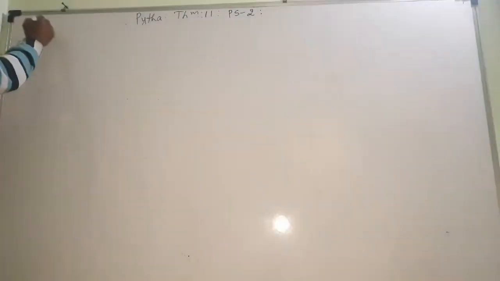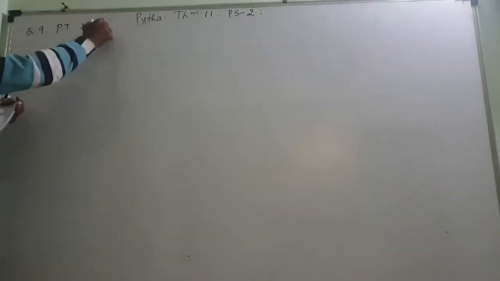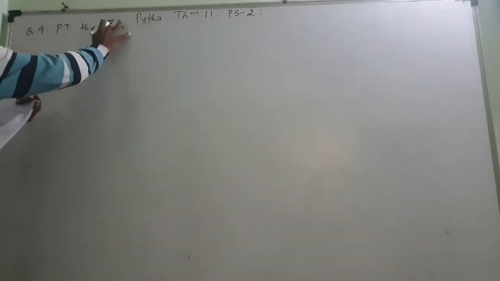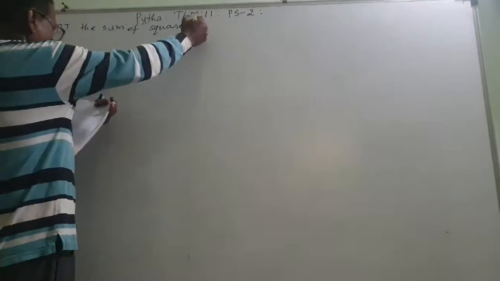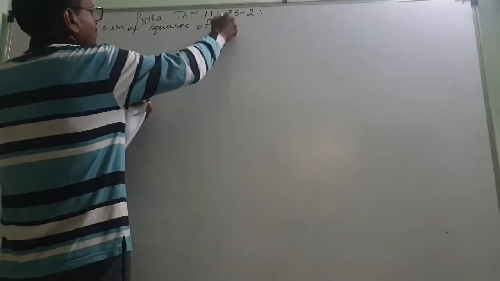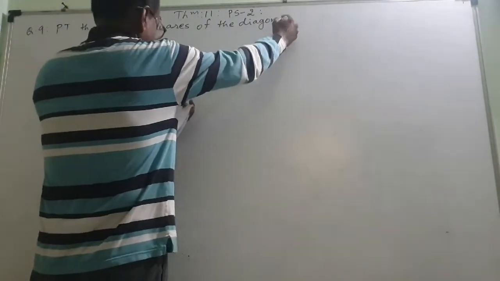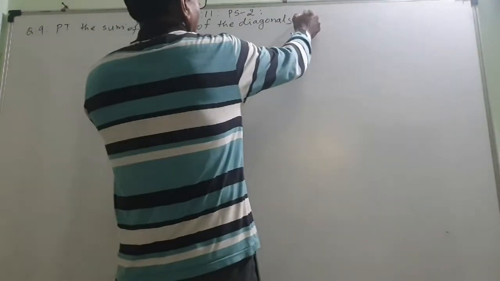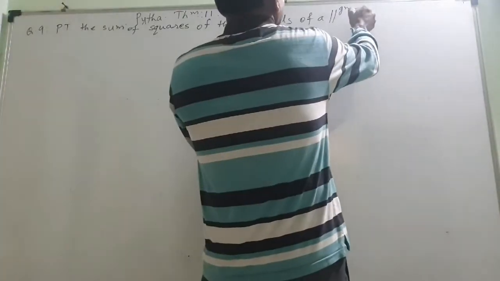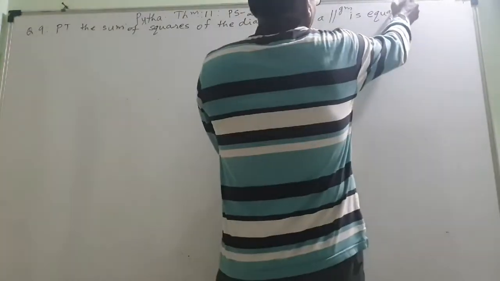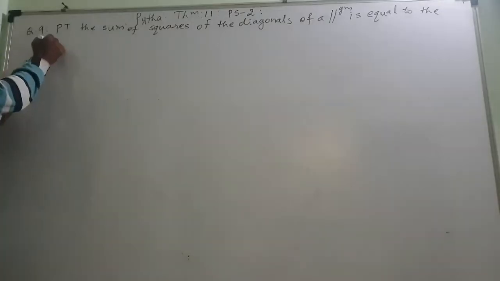Question 9. Prove that the sum of the squares of the diagonals of a parallelogram is equal to the sum of